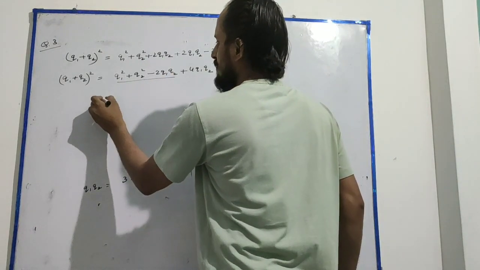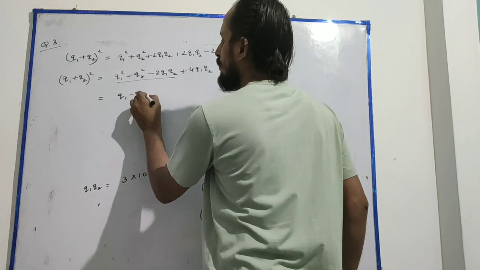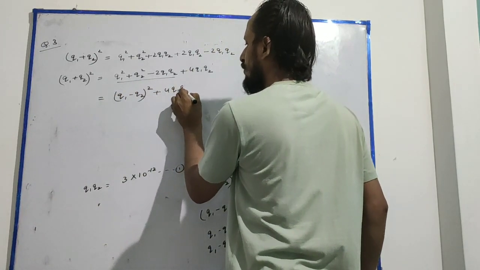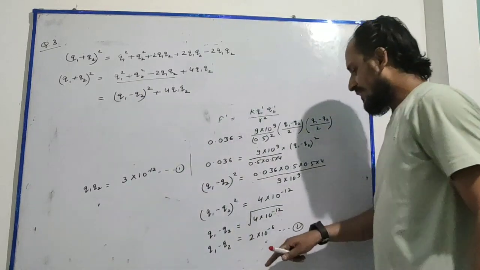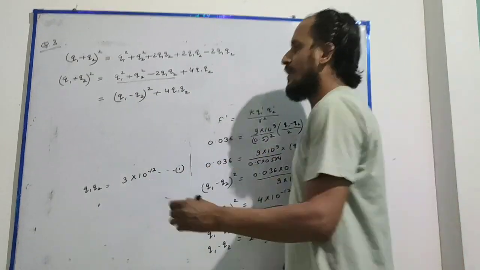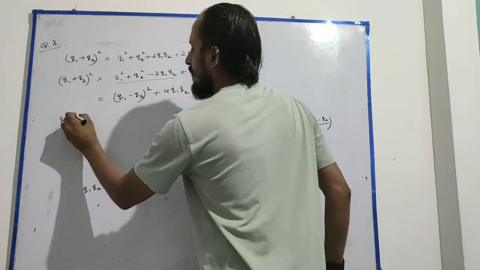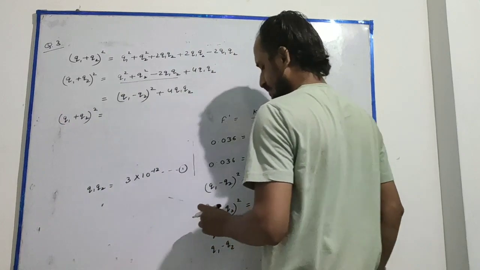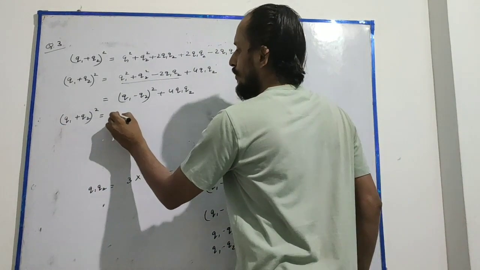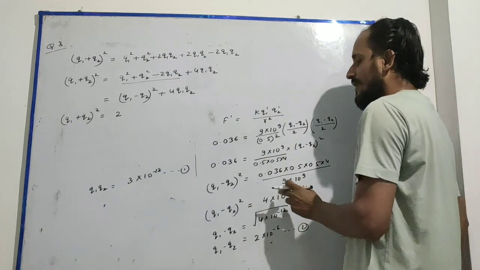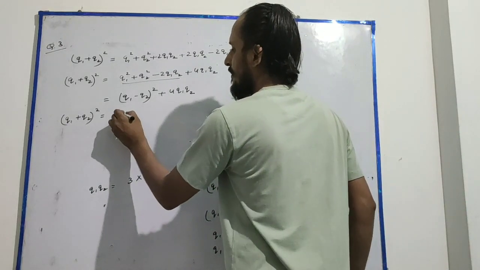This becomes (Q1 minus Q2) whole square plus 4Q1 Q2. Now you can put the values of Q1 minus Q2 and Q1 Q2. So what you will get? (Q1 plus Q2) whole square is equal to the value of (Q1 minus Q2) whole square, which is 4 into 10 to the power minus 12,